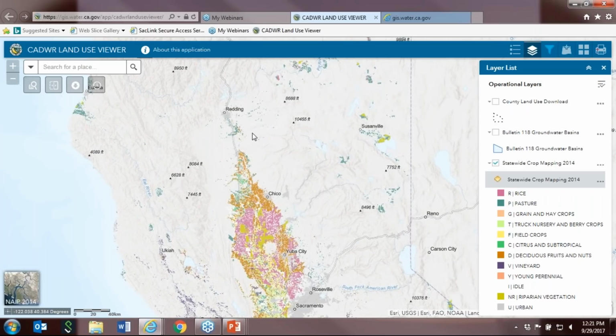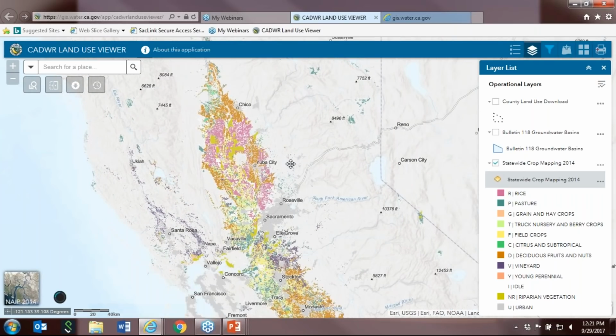Let's move on to the legend. So you'll notice here that it's a little bit different from Joel's slides. We've symbolized the data in this viewer at the standard legend level. This standard legend, from rice pasture all the way to urban, has been modified to represent the remote sensing analysis. There are essentially two main differences from the DWR County Survey standard legend, and that is the young perennial category and the idle category. These have been added to the top level standard class